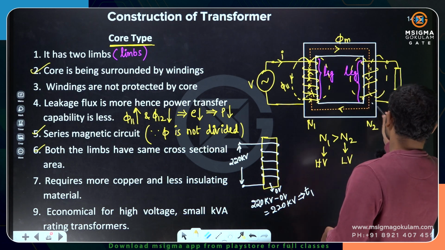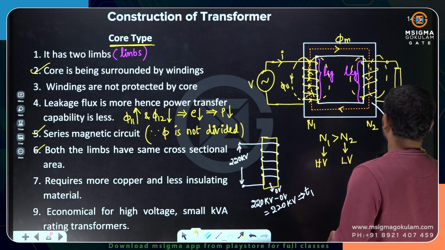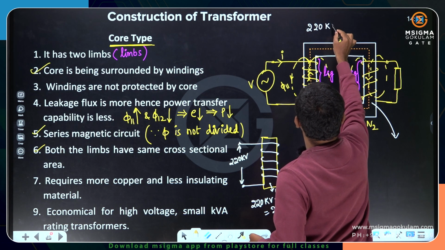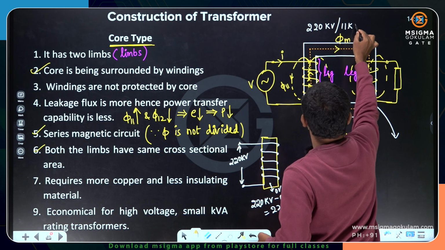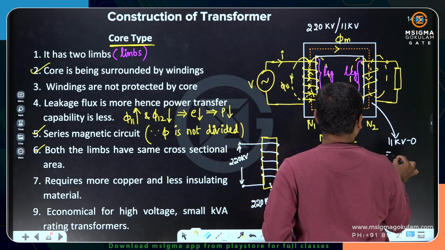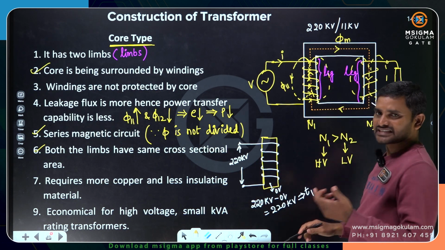Similarly, the thickness of insulation required between the low voltage winding and the core, if I take it as 220 kilovolts divided by 11 kV. Now here the thickness of insulation is proportional to 11 kV minus 0. It will be T2 only. Definitely T2 is less than T1,